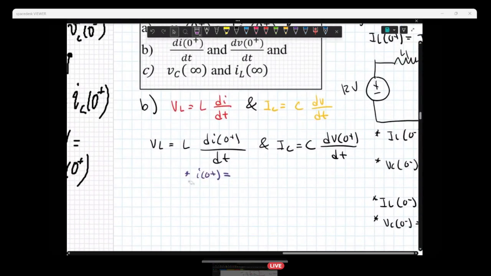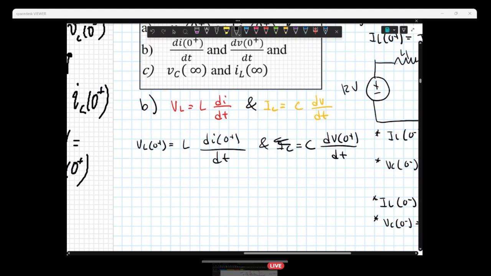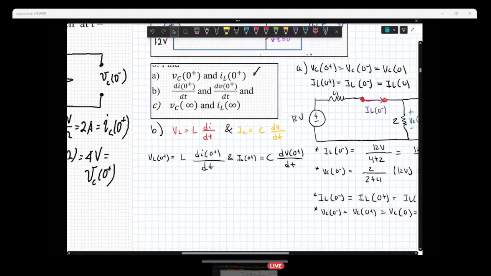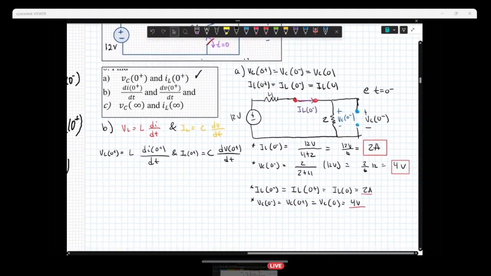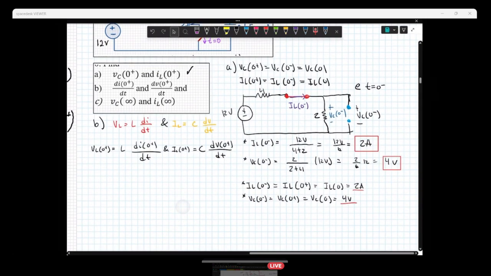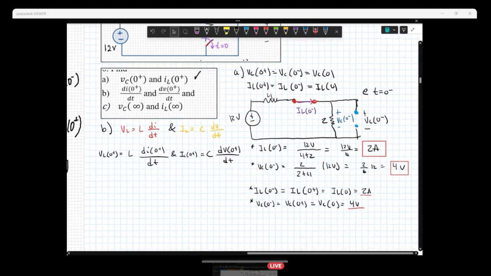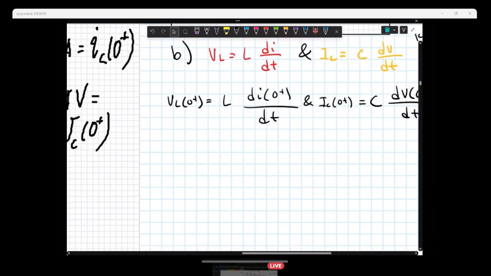Wait. If I do the 0 plus, that means this 0 plus applies here too, and then that means that this is also 0 plus. Will be IC of 0 plus. VL of 0 plus was equal to, where is it? Well, I'll just write it in terms of the I. So the I of 0 plus